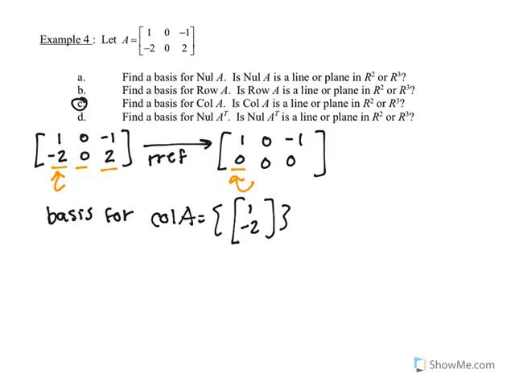Okay, and what is this? What shape is this? Well, it's 2 dimensions, so I know it's an R2, and the span of one vector is a line. Okay, so this is a line in R2. Okay, so a little review writing bases. To sum up what we did today, because that's it,